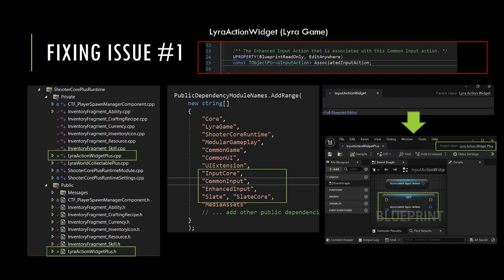Then I had to go back into the editor and duplicate the input action widget, which was a blueprint widget that is built on their Lyra action widget, naming both of those the input action widget plus and the Lyra action widget plus. So as you can see on the bottom right of the screen, I can now have a set associated input node, and I thought I was off to the races. So I simply moved